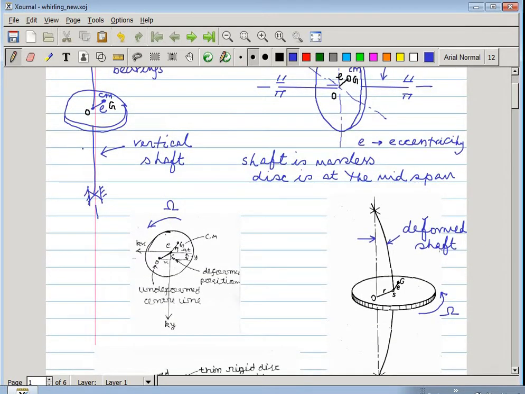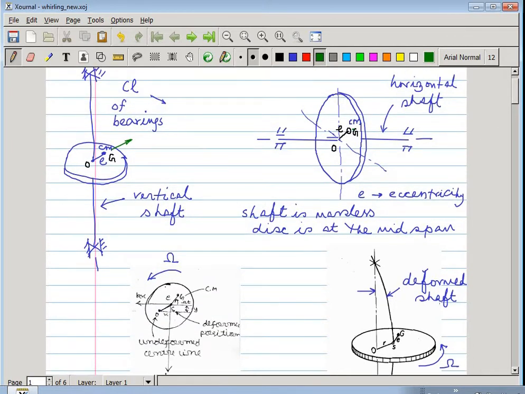As the disc starts rotating, this is the projection in the plane of the disc. There is a centrifugal force generated due to this e, with the center of mass being here. So there is a centrifugal force in the plane of the disc, which causes the